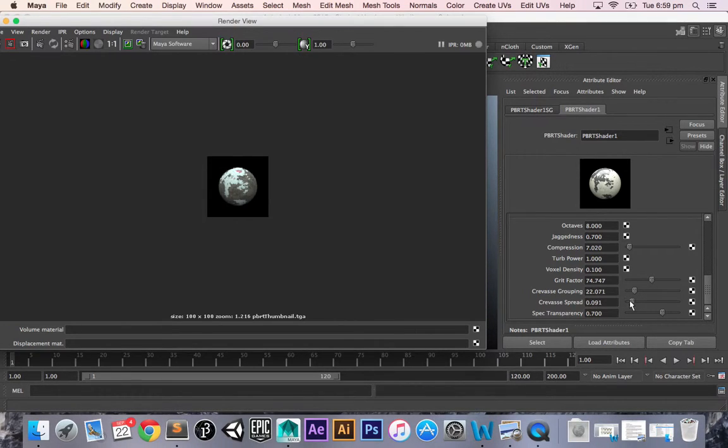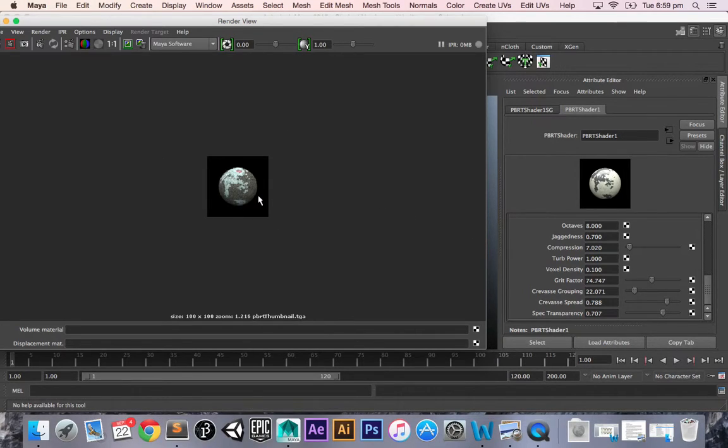Crevasse spread can also be modified to achieve a similar effect, and if we bump that all the way up, we can get quite a bit of bumping. Finally, not the specular, but the actual specks on the rock can be changed as well